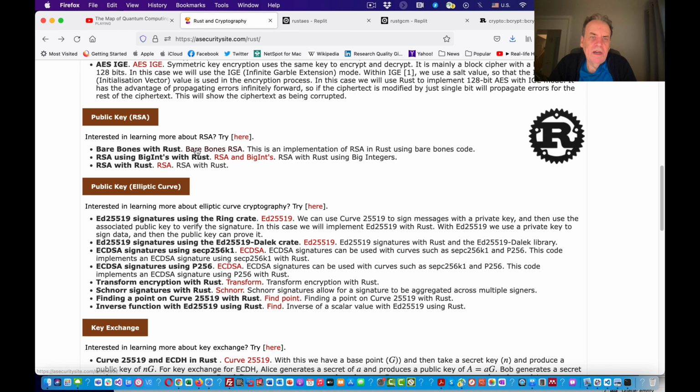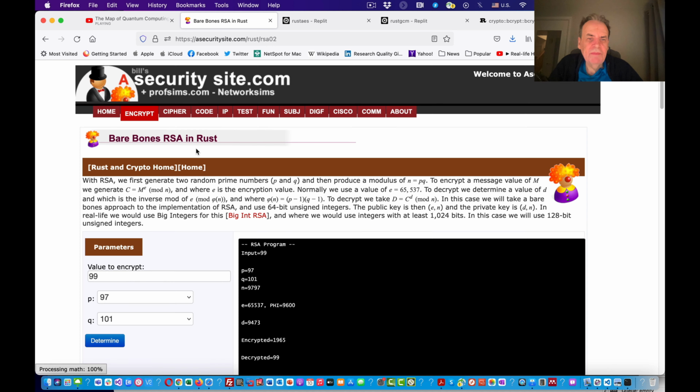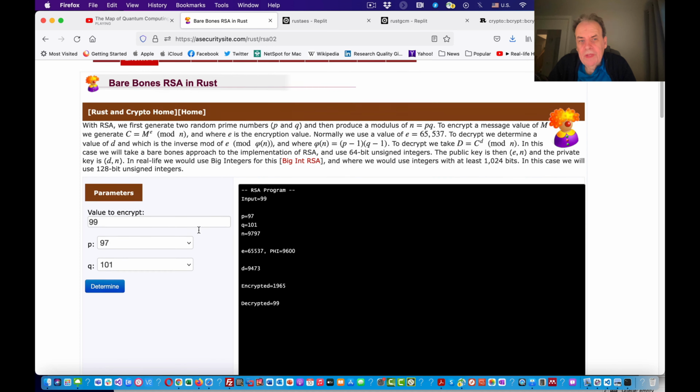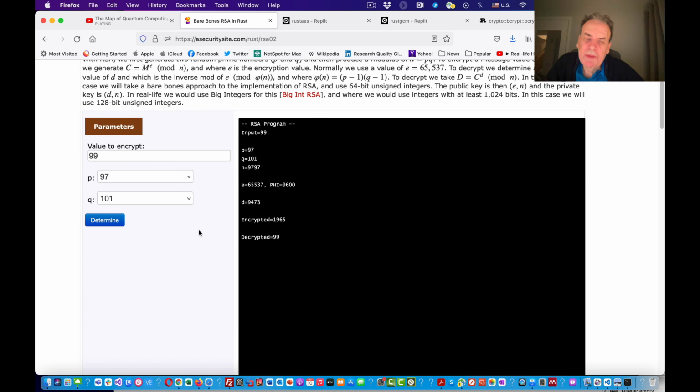Okay, so let's try a little RSA program here. With RSA, we create two prime numbers, we multiply them together to get a modulus. We then have an E value. We calculate a phi value, which is P minus 1 times Q minus 1.